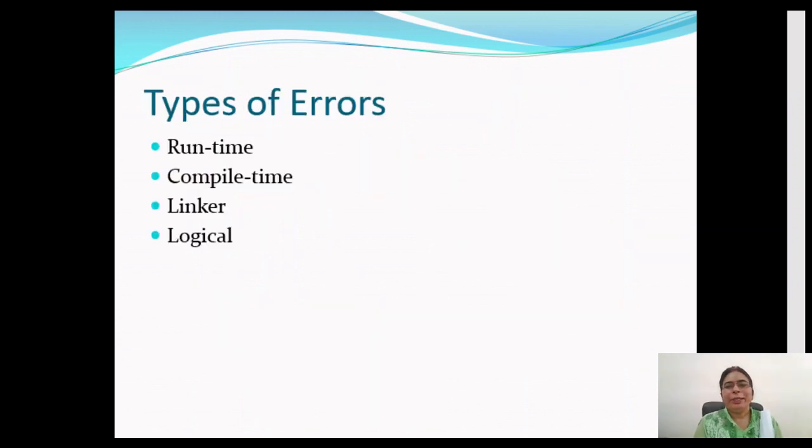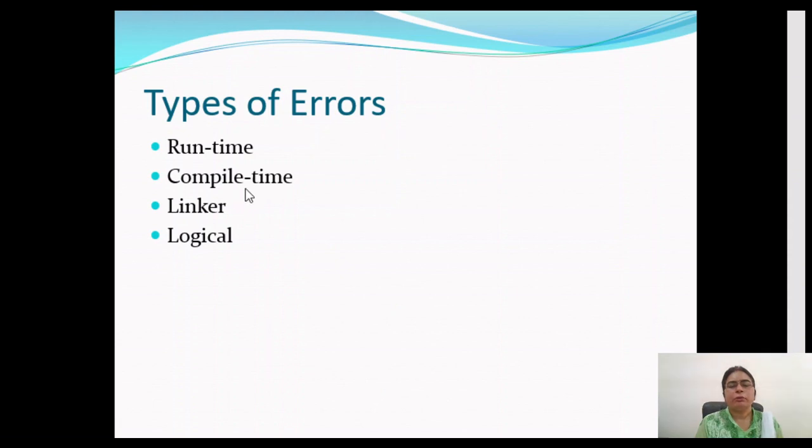Now, whenever we are making a program, compiling it, and executing it, we can get certain types of errors if we do not follow the proper syntax or we do not develop a proper logic. So we can have different types of error, for example, runtime error, compile time error, linker error, and logical error. The first type of error that we get is compile time error. We generally get such errors if we do not follow the proper syntax of the statements that is defined for the C language. At that particular time, we get a compile error.